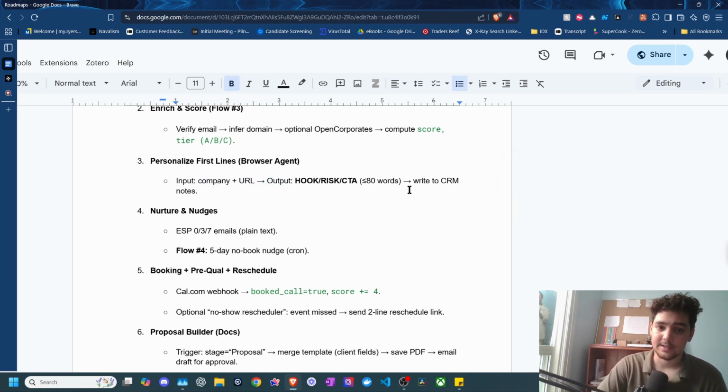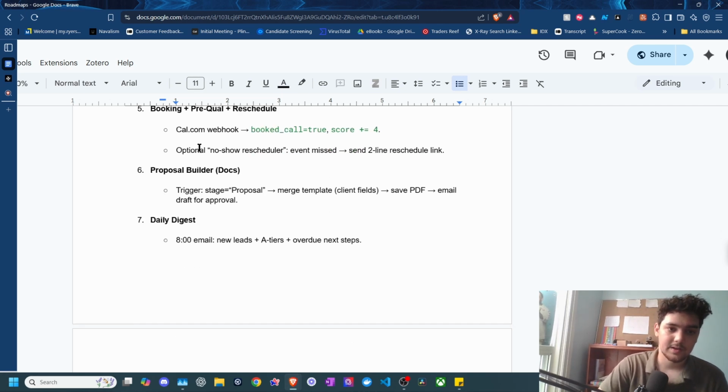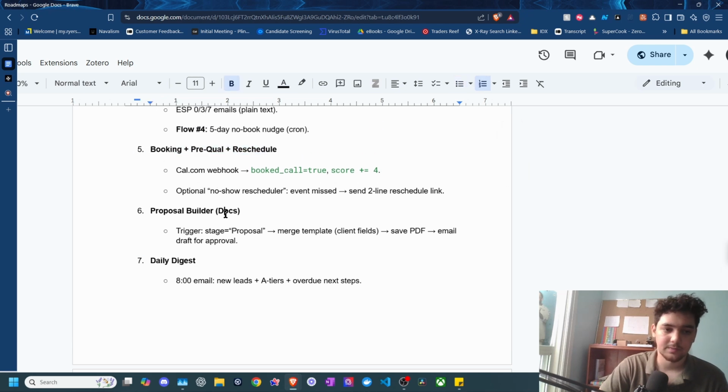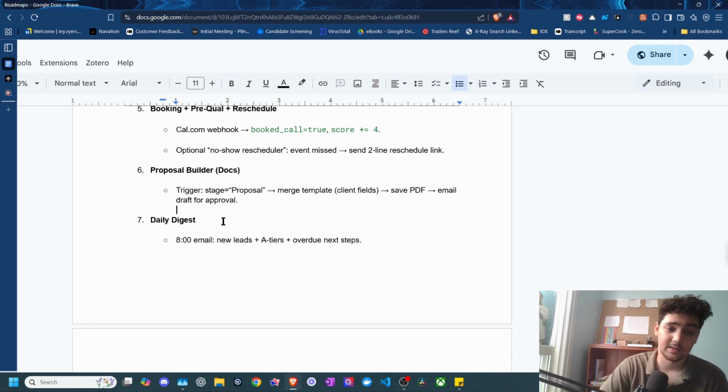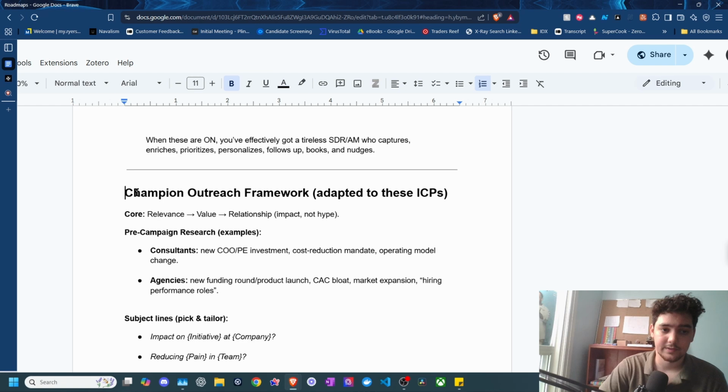So then go dig, relevant to their profile, find the hooks that are relevant, the risk that is relevant, and the CTAs that are most impactful for them. And once they're engaged, being able to see that quality over time, we're then able to focus on nurturing and nudging them towards actually moving forward in the deal pipeline. And of course, there are all those other elements too, like booking, proposals, even just having an eyeball over it in terms of a daily digest. The principle to look at here is that we're developing champions, all right?